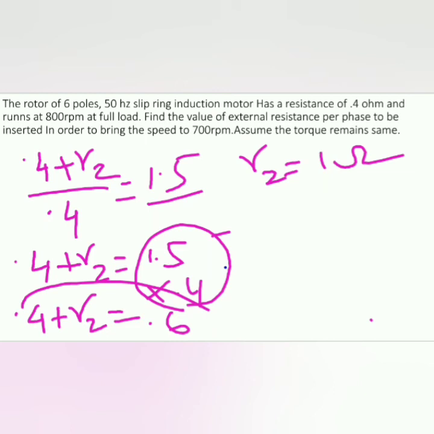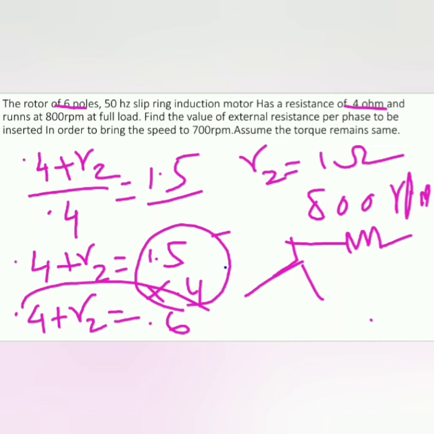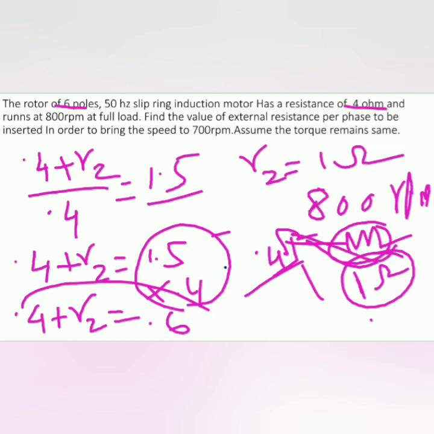So it means we have a 3-phase induction motor with 6 poles, and normally it has a rotor resistance of 0.4 ohm. When we give the supply, it is rotating at 800 rpm. Now we want to do speed control. So we add resistance to the rotor, using a rheostat or some other resistive device, and we add 1 ohm to it. Already we have 0.4 ohm and we add 1 ohm extra. When we do this, the 800 rpm drops to 700 rpm. So by adding 1 ohm resistance, we can bring the speed from 800 rpm to 700 rpm.